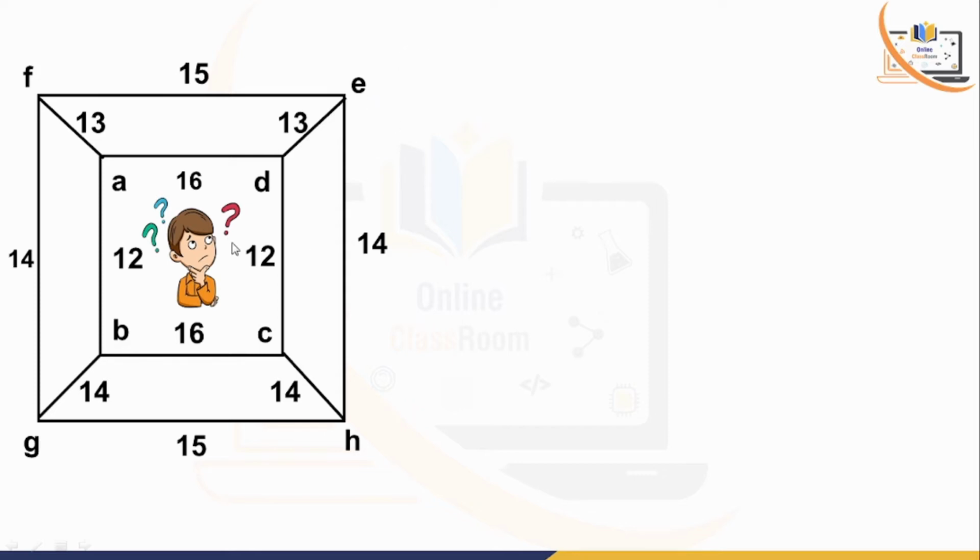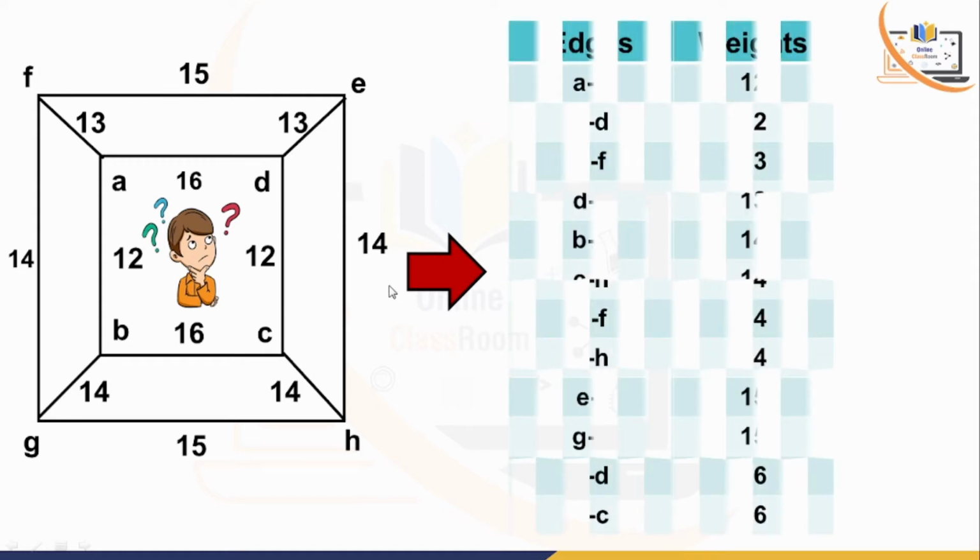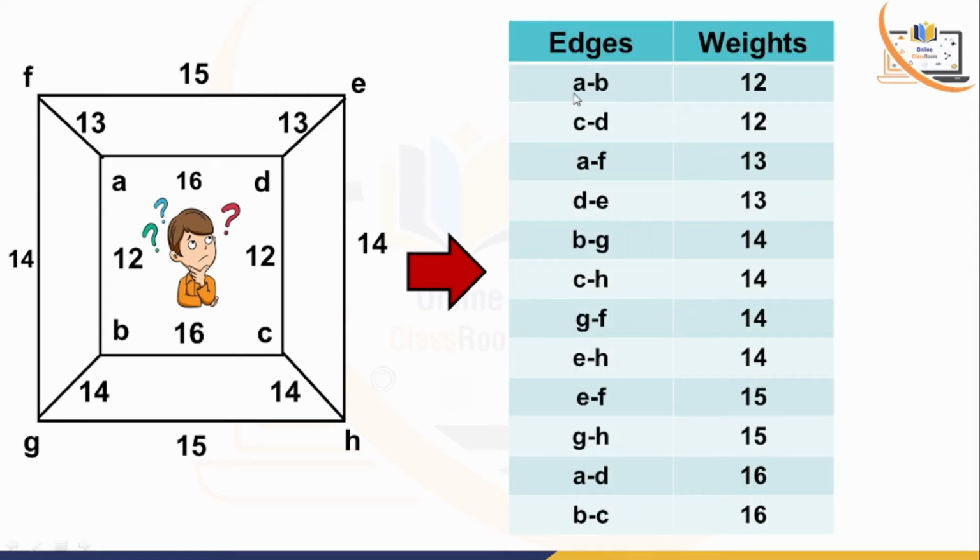Okay, now if I focus on this graph, obviously the minimum weight is 12 and that connects CD and AB, these two edges. Well, so obviously if I consider this table, the first row will be AB, that is the connection, and the weight is 12. Okay, similarly if I focus on the next minimum, that is 12 again, but the connection is CD, so that's why I placed it in the second position.